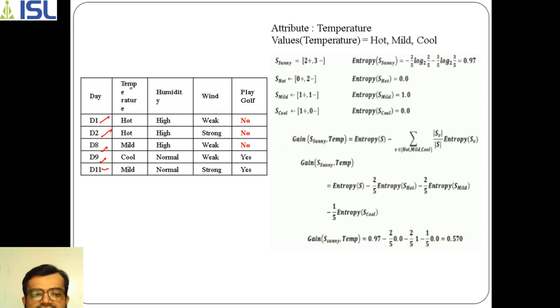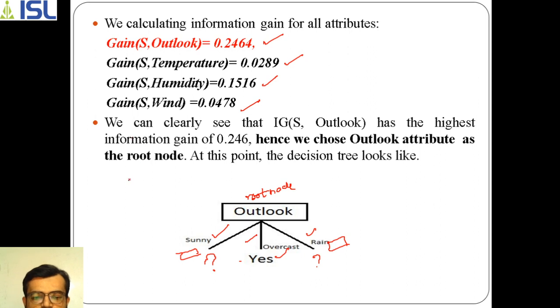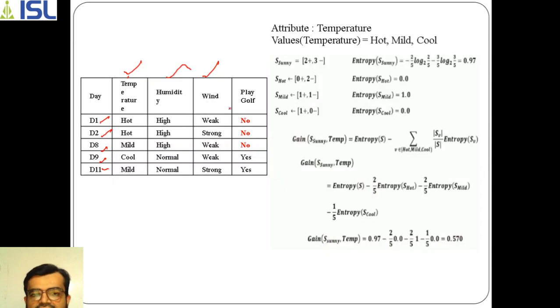So now recursively we need to perform a second time, and check among these 3 attributes, that is temperature, humidity and wind, which has the highest information gain value, so that we select it as the next node, the left node of your root node. Because first we are concentrating on sunny, again recursively we are performing. Now we are calculating for temperature. In temperature we have 3 values: hot, mild and cool.